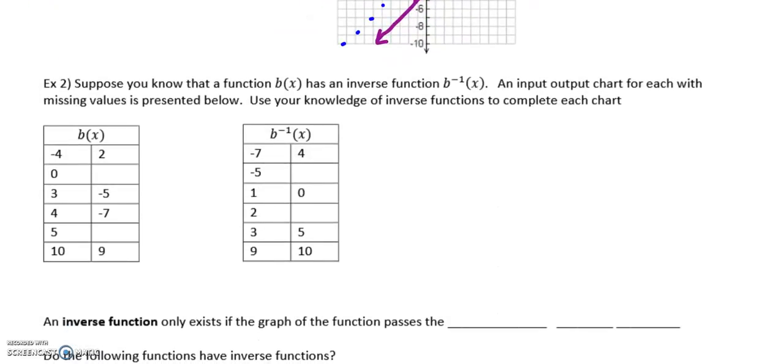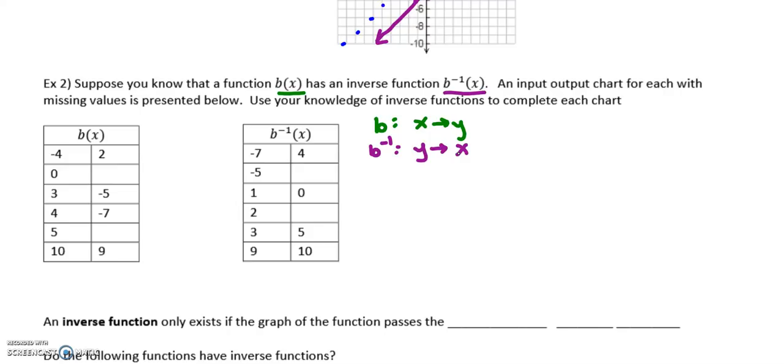When I'm looking at a chart, suppose I know that b of x has an inverse function. That's good. And that inverse function I'm going to call b inverse, using the little -1 notation. And then I have input-output charts for each of them. Now remember, the function b takes x's and creates y's. The function b inverse really takes in y's and gives me back my original x's. I know that I use x notation with b inverse, but really that's what it's doing, taking in y's